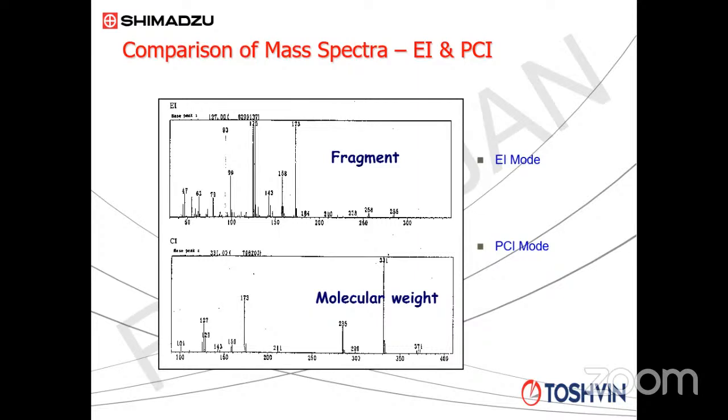And identification of the base peak is critical for library search. So if you take this PCI mode, the software will consider 331 as the base peak, and in reality, it is not. So you will get a wrong identity. That is why we say for a PCI spectrum, please do not go for library search. Only use it to understand the molecular weight. And if you want to really identify the compound, then go for a library search, and do the analysis only by